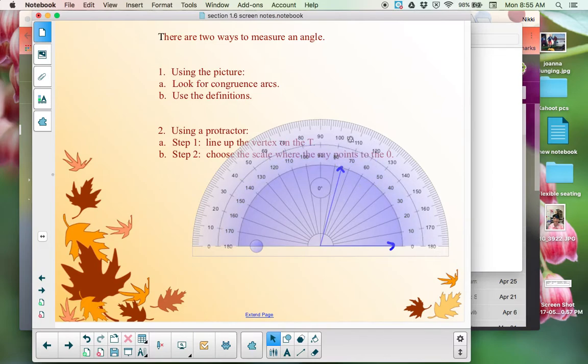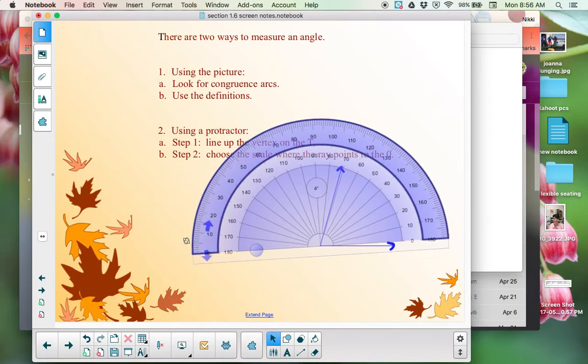Notice that there's two different sets of numbers here. I can either look at this and say, okay, it's 75 because the ray hits between 70 and 80, or I can say that it's 105 because it sits between the 100 and the 110. You always start with the one that's a 0. The arrow's pointing at the 0 here, so this is the one I'm using. If the angle was facing the other way, then I would have used the outside one that starts at 0. Common sense should also play in here. When you look at this angle, if I move this out of the way,